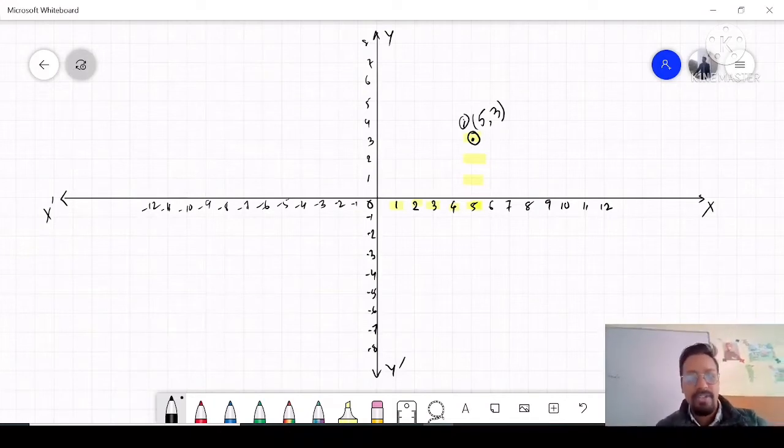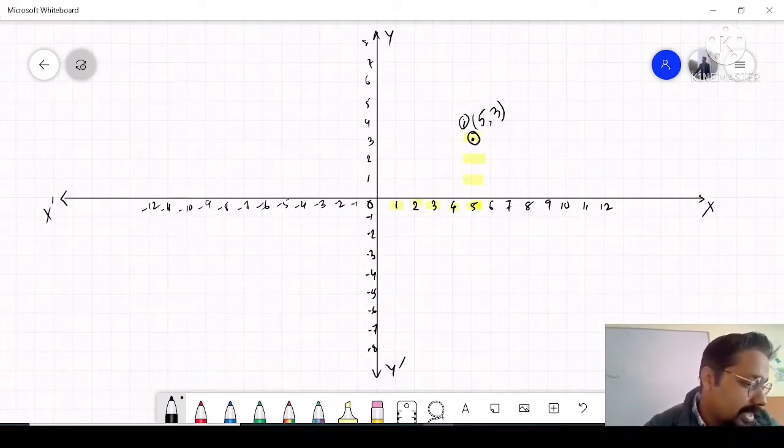I hope you got it. So we will go 5 places away from the y axis and 3 places above the x axis. So 1, 2, 3. So 5 and then 3. So (5, 3). Then we have, on the x o x dash axis, on the left hand side of O